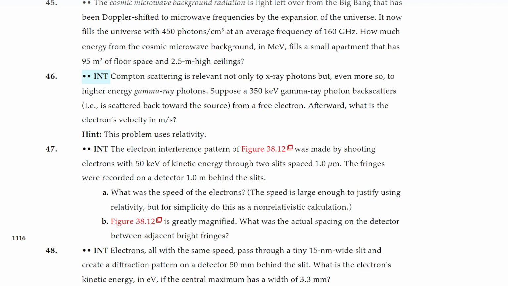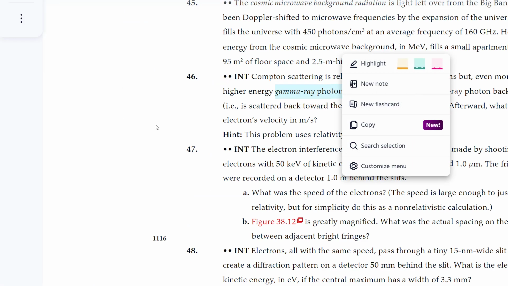In this problem, we have not an X-ray photon, but a high-energy gamma-ray photon. Remember, visible light photons have 2 or 3 electron